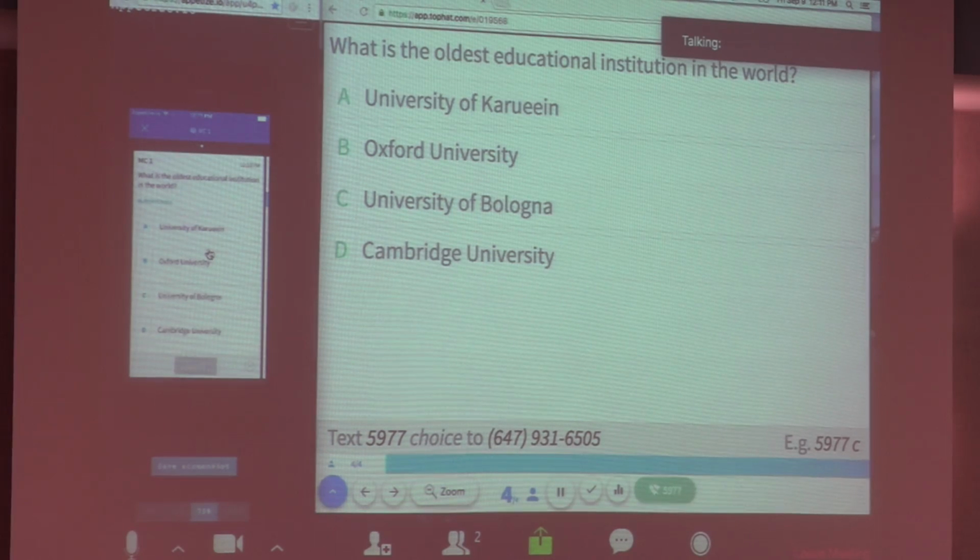Exactly. Something else I wanted to mention is that you as a professor, if you do have any sort of tablet, so iPad or Android tablet, you're actually able to run Top Hat on your podium computer or using your laptop, and then use your tablet as a remote control. So if you are wanting to be a little bit more mobile in your classroom, you can flip through your slides and launch your questions on your tablet, so you're not immobilized behind your podium. You're able to integrate with students a little bit more.